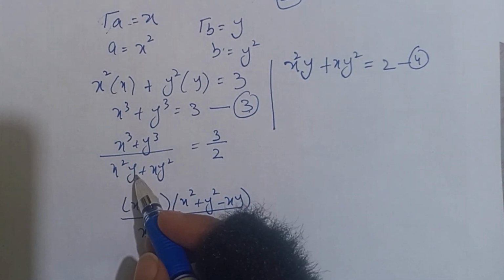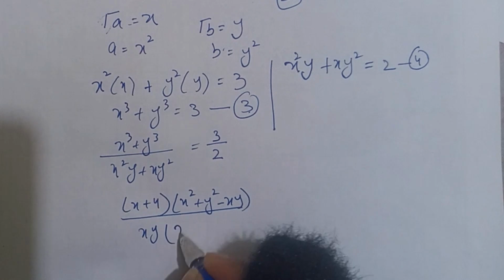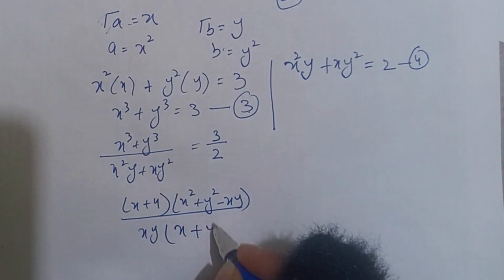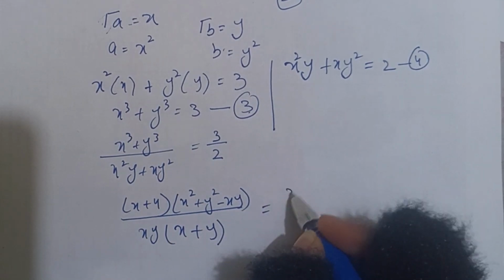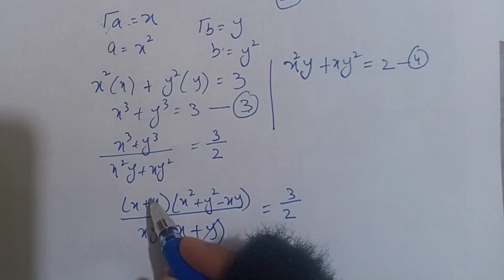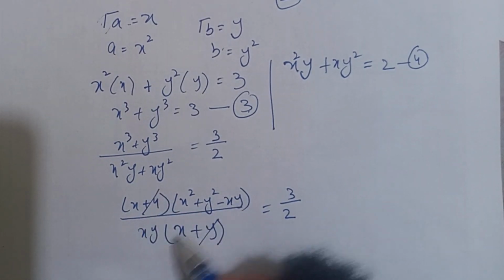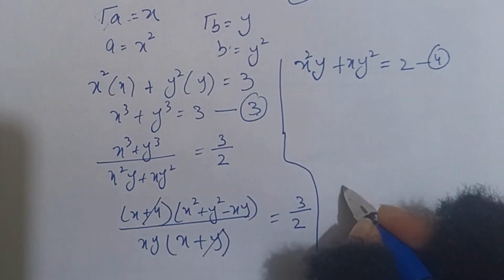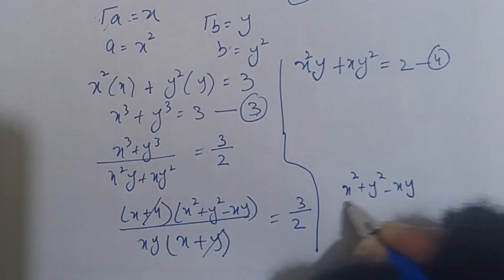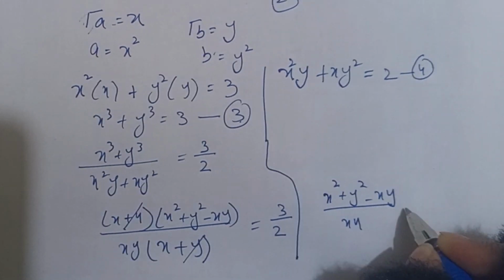If we divide x square y by xy, then we get x, and if we divide x y square by xy, then we get y. The right hand side is 3 over 2. So x plus y and x plus y will cancel. We just get this remaining value: x square plus y square minus xy over xy